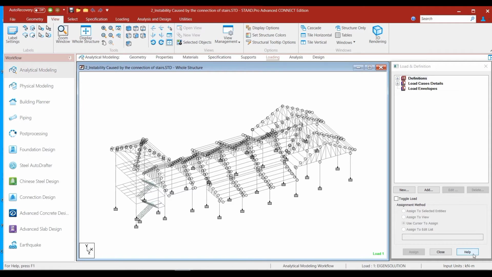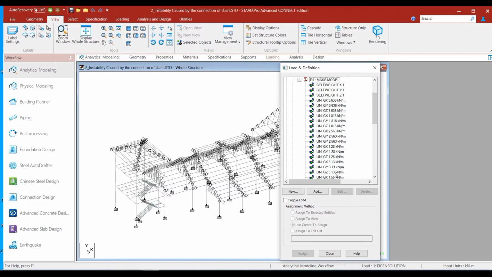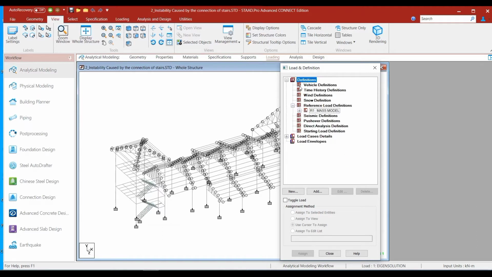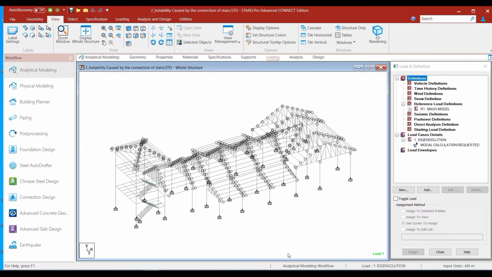Now let us look into a more practical model. We have defined the mass model of this structure in a reference load case. So if we go to the reference load definition, we have a mass reference load case here, and if we expand that mass reference load case, we can see that we have defined the mass components of that structure in that particular load case. Now if we go into the primary load case, we see that we have a primary load case as well, where we have defined the modal calculation requested command. Now the modal calculation requested command is an instruction to the program to do the eigensolution of the structure. Okay, now if we run the analysis,